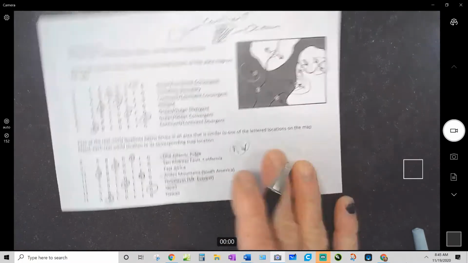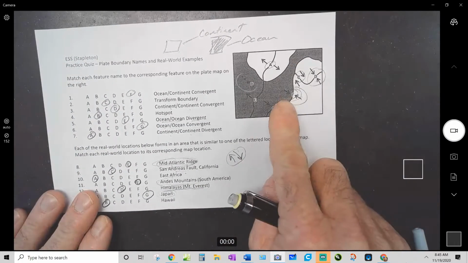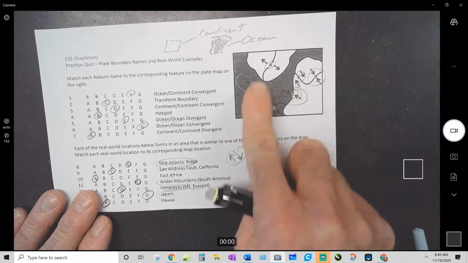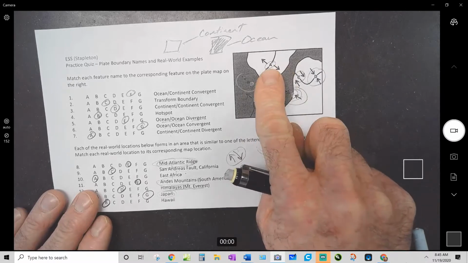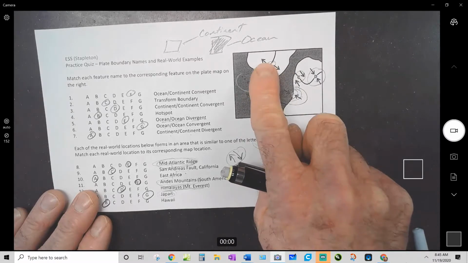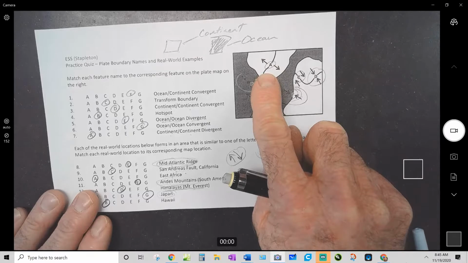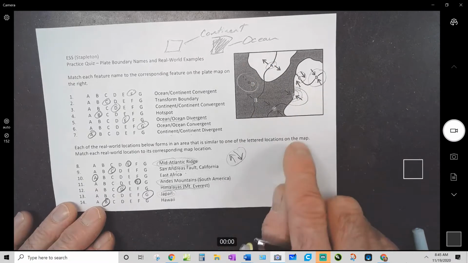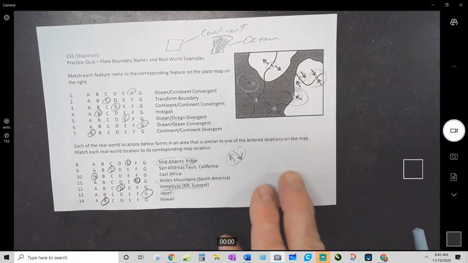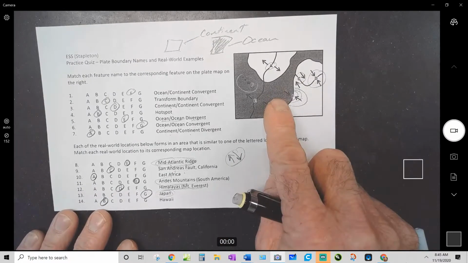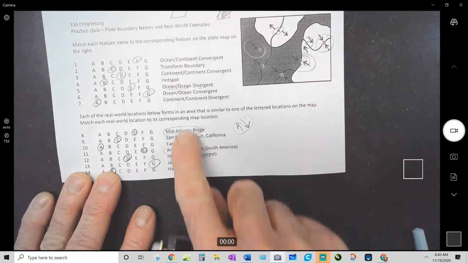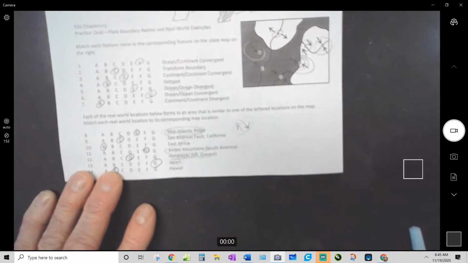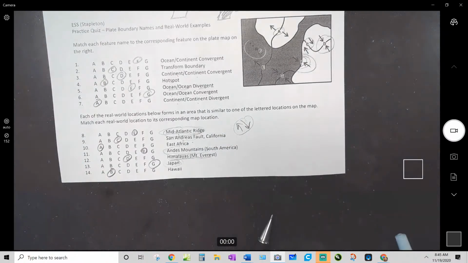Tomorrow, I'm going to have something just like this, with all these kinds of features, but it'll be a different map. You'll have one thing on the map with two white plates that are going apart, but it won't be in this position. It won't be letter A necessarily. Every one of these features will be on there, but it'll be a new map. And I may scramble the order of these too. I don't know, just scrambling those is probably enough. Okay, so people at home,